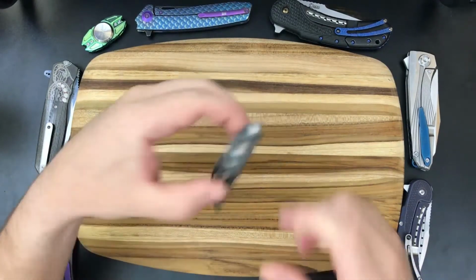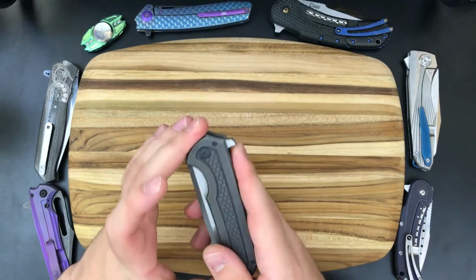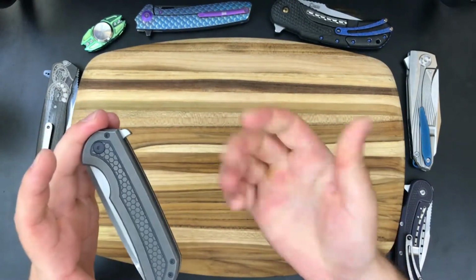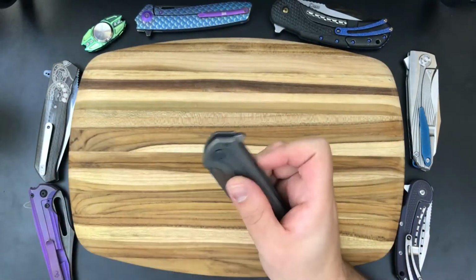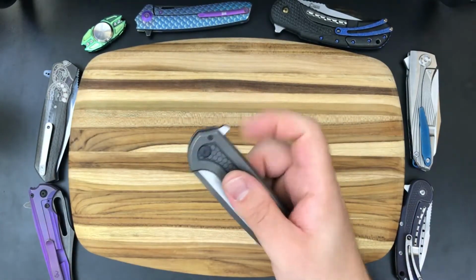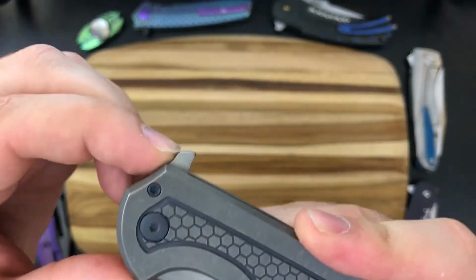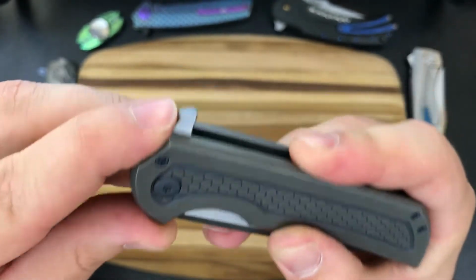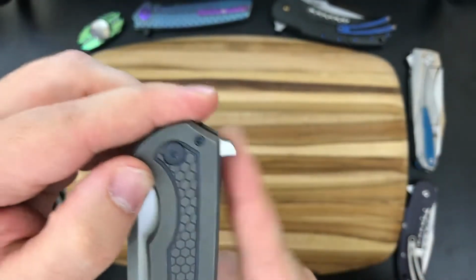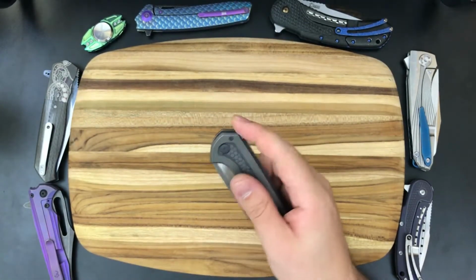Now moving on, I will say that this flipper tab here needs serious work. I have pretty slippery hands. I don't always have super dry hands, and so I slip over this absolutely constantly. You can see here it's at a pretty steep angle. There's no jimping. It's all smooth and rounded off, and it's basically designed for you to not be able to